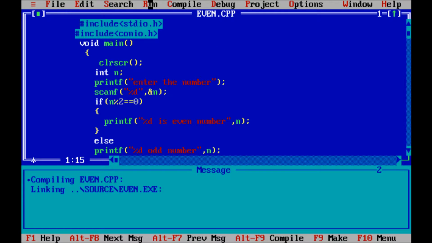I just discussed two functions, clear screen and getch, functions that come under conio.h, that is console input output. If you use these functions, you have to declare the header file conio.h, because the definitions of clear screen, getch, text background and the other functions are written in conio.h. So you must use conio.h before you write programs related to clear screen and getch, etc.